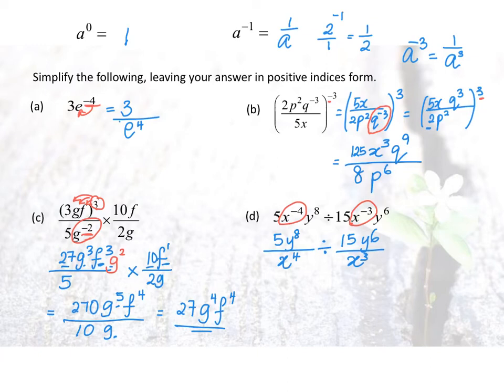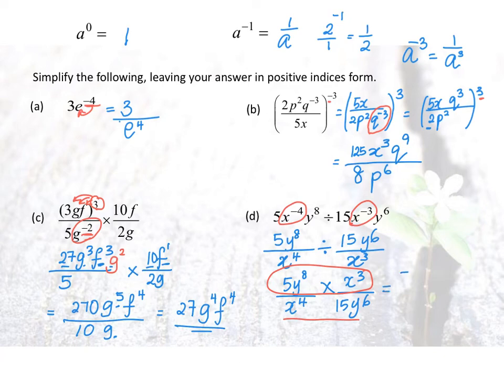Now this is division. So what can we do to division? We can change the division to multiplication. Which fraction needs to flip? The one at the back. So 5y to the power of 8, x to the power of 4, x cubed over 15y to the power of 6. Now multiplying the numerator with the numerator and the denominator with the denominator, I will get,